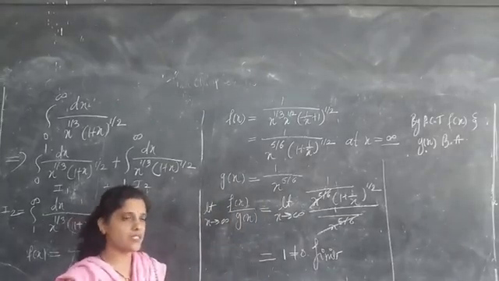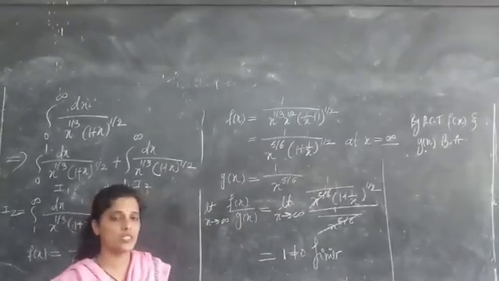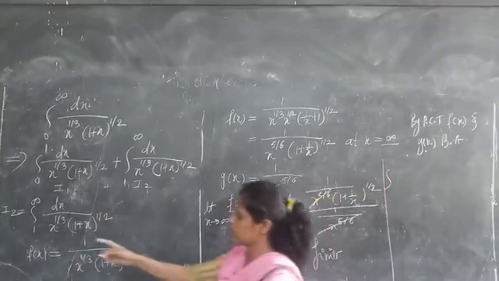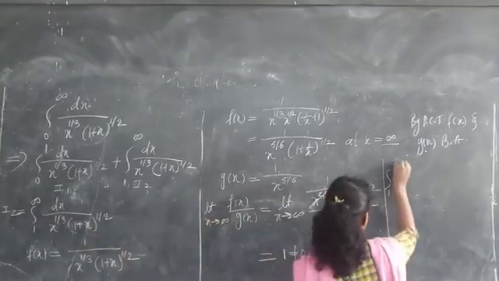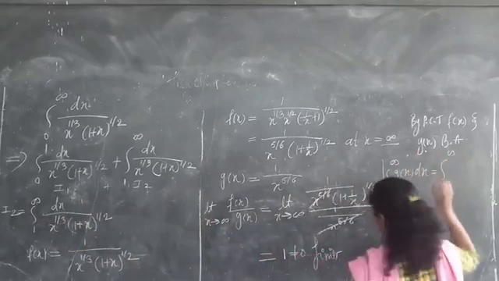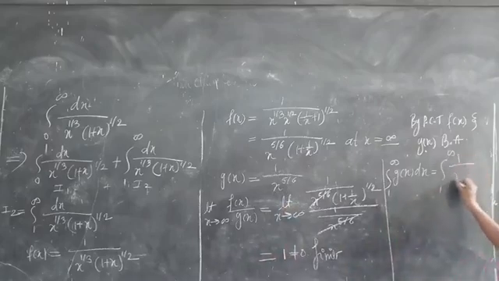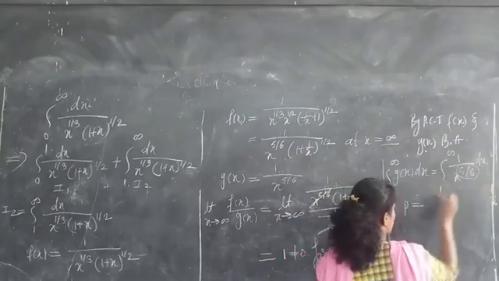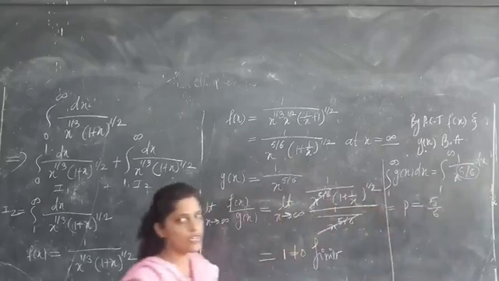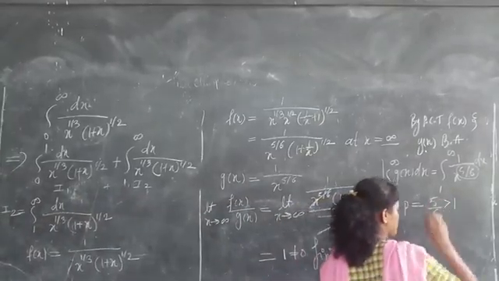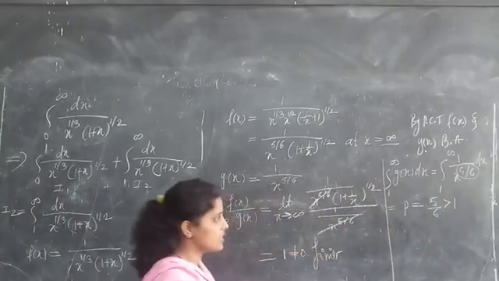Now the next step is to find whether g of x converges or diverges by using the p test. The integral from 1 to infinity of g of x dx is the integral from 1 to infinity of 1 divided by x to the power 5 divided by 6 dx, where p is equal to 5 divided by 6. And 5 divided by 6 is less than 1.